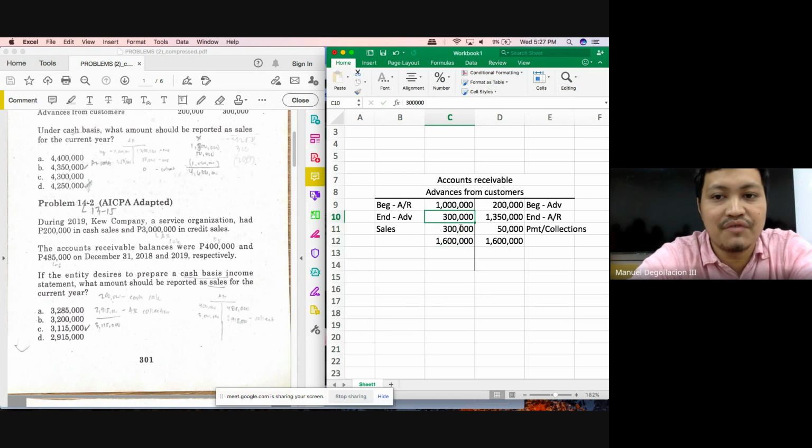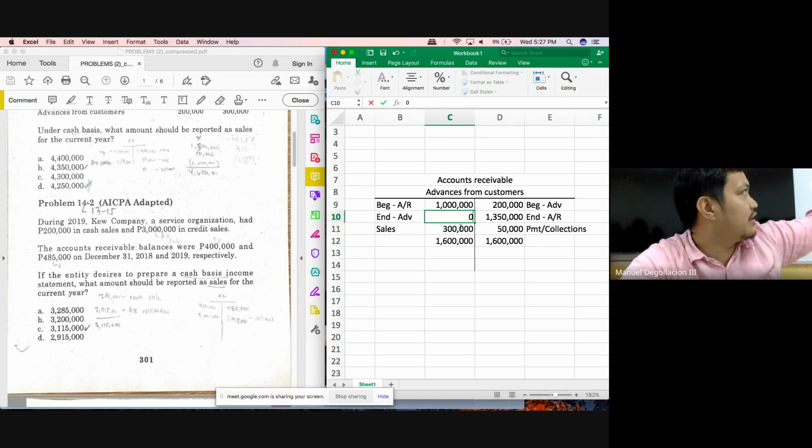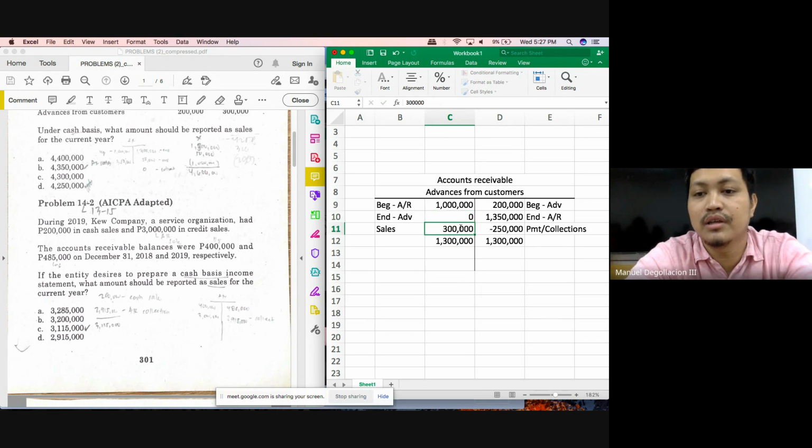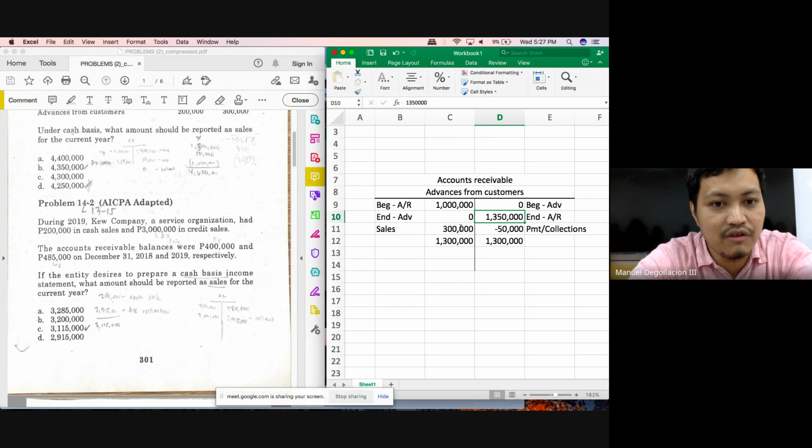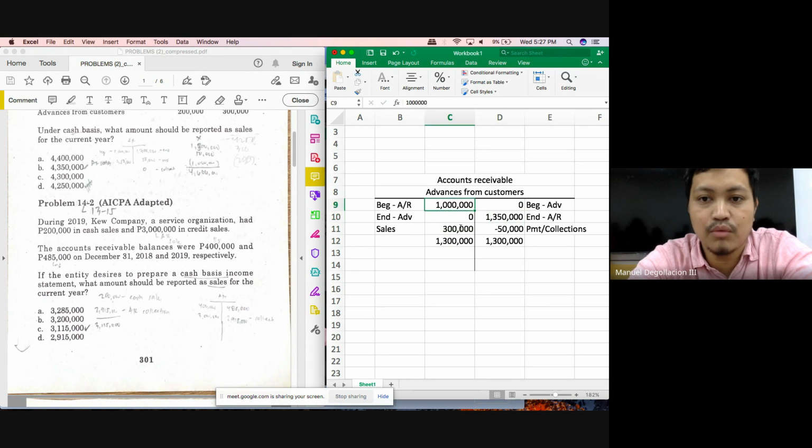And then, since you do not have advances in this problem, definitely there will be nothing there. Do you follow, class? Also, the same for the beginning balance of your advances. That would also be 0. What we have, though, is the beginning balances of your accounts receivable. Which one is the beginning, class? The 400 or the 485? Okay, if you cannot understand which one is the beginning, class, then again, that would be a very big problem. The beginning would be 400, which would be posted in which side, class? Debit side.